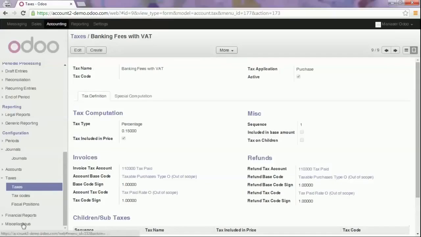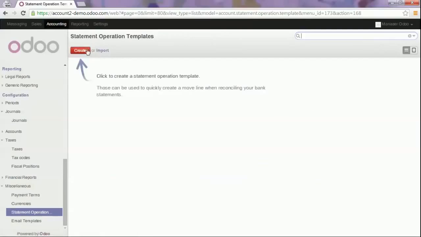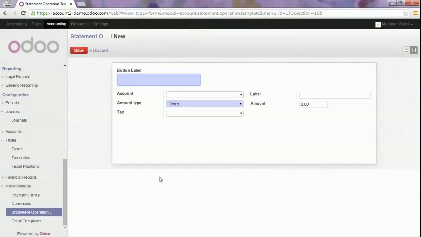Now, what can you do as well? And this also applies to the discount we saw before. You can create a template. And with this template, you can easily select the corresponding entries in the bank reconciliation journal. So on reconciliation, instead of what we did for the discounts, where we entered an expense account and a label ourselves, when we predefine a template, we just have to select the template, and then all the fields will be pre-filled for you. So in this case, I will create